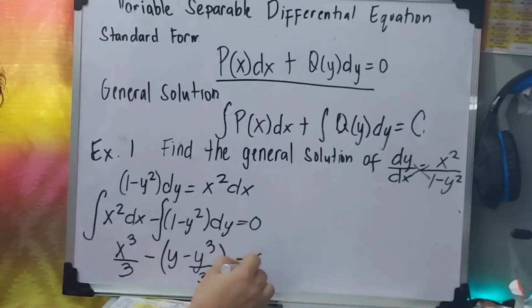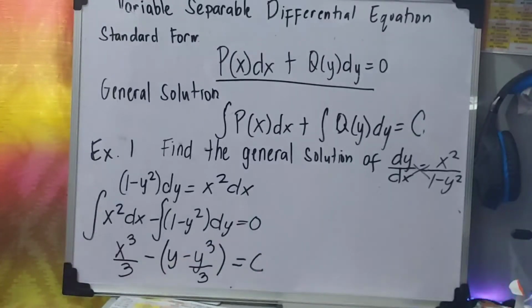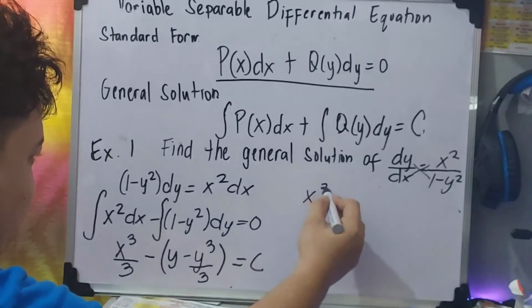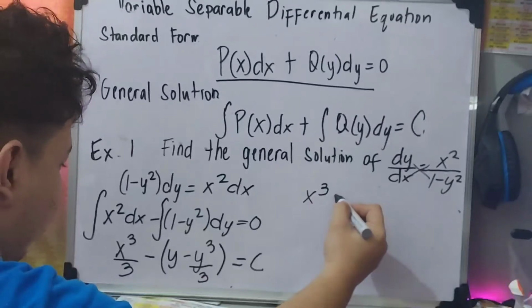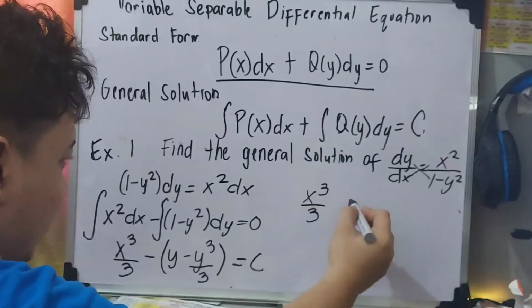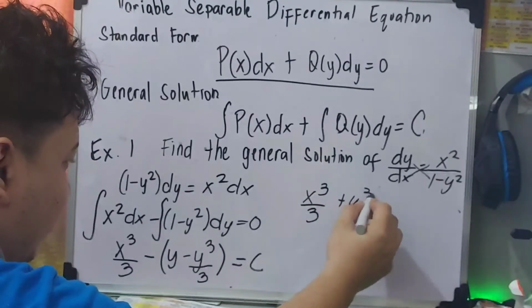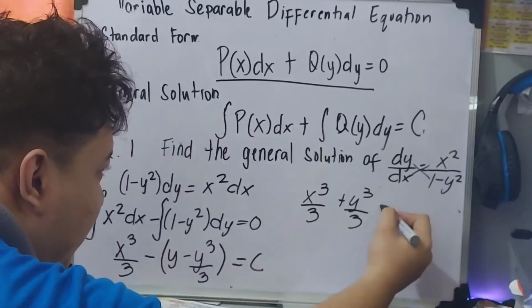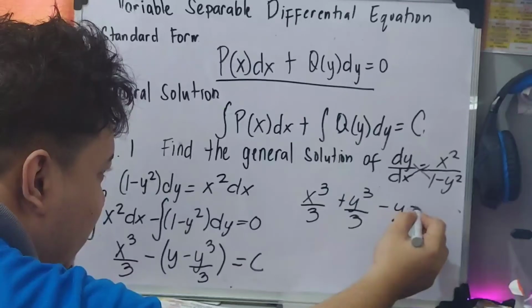This is equals to C. Distribute negative, we have x cubed over 3 plus y cubed over 3 minus y equals